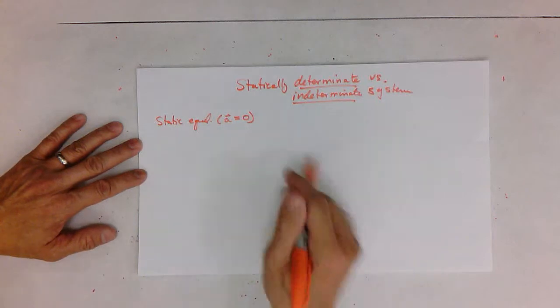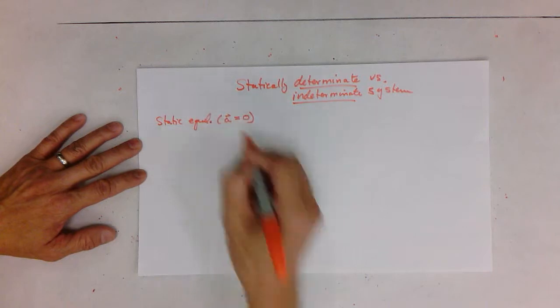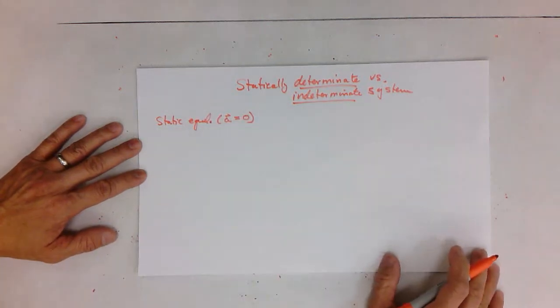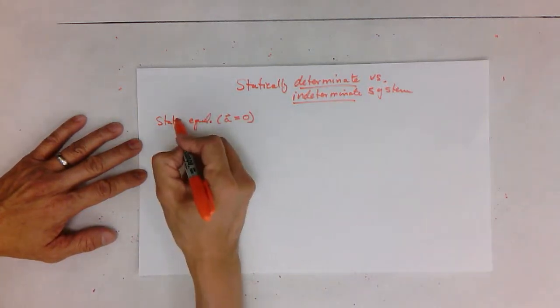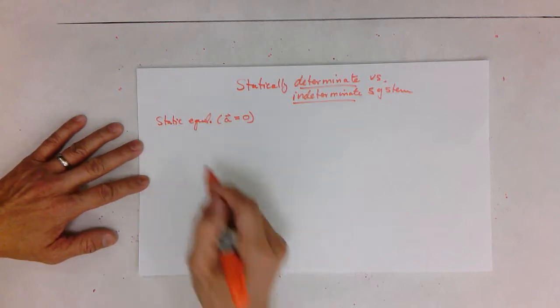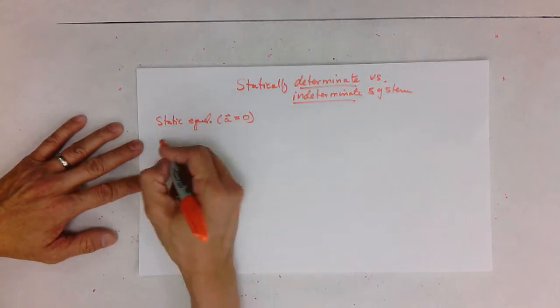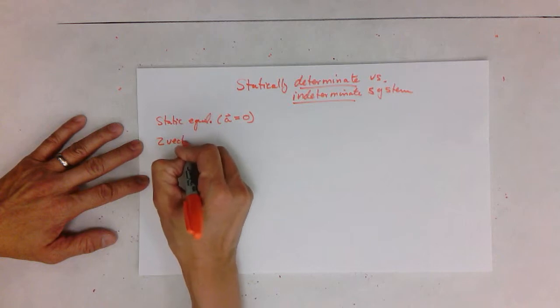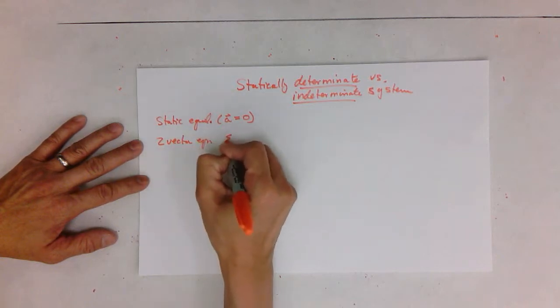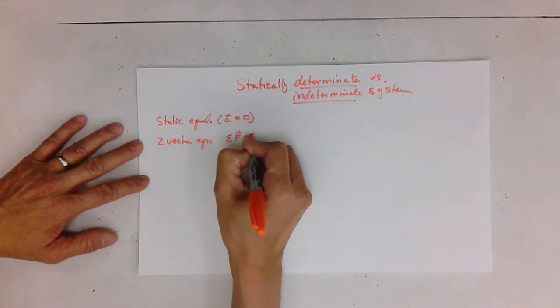The case of constant velocity is more of a mathematical case. It's typically hard to get in real life, so we will not be talking about it. Static equilibrium means it's not moving. We can apply two vector equations: sum of forces